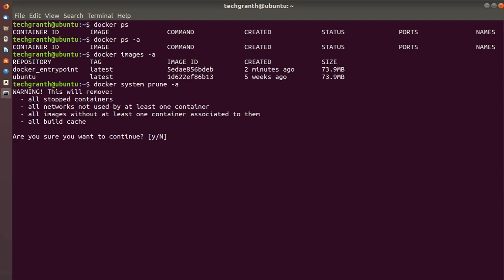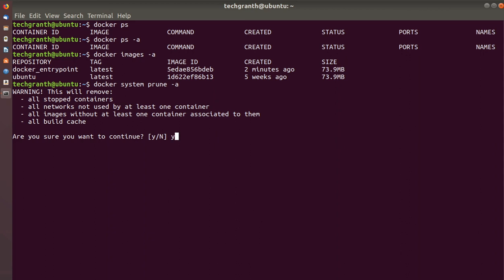What will it remove? It is showing a warning that this will remove all the stopped containers, all networks not used by at least one container, and all the images without at least one container associated to them. If we have images which are not used by any container, those will also be removed. All build cache, whatever builds we have done, will also be deleted.